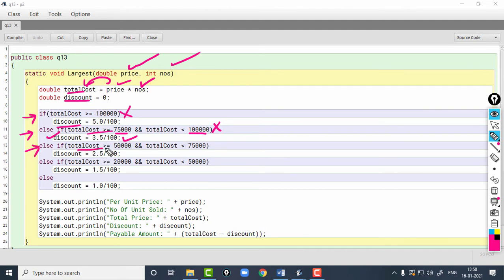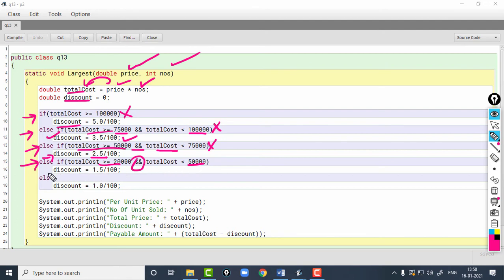And if this condition is also false, then the control will come to the next else if, which will check if the total cost is greater or equal to 50,000 and total cost is less than 75,000. So, if both the conditions are true, then discount variable will be assigned with 2.5%. And if this condition is also false, the next else if will be checked, which will check whether the total cost is greater or equal to 20,000 and it is less than 50,000.